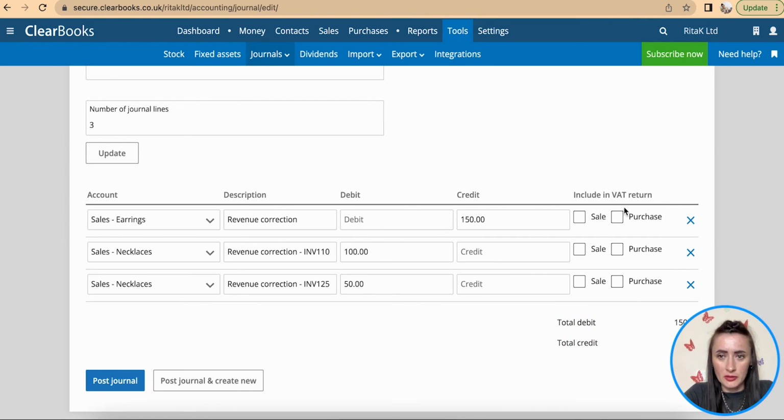If I want to include it in my VAT return, I can select if it's a sale or a purchase, so you know where it will be included. In my case, I'm not a VAT registered business, so these 2 sections don't apply to me. But if VAT is in,